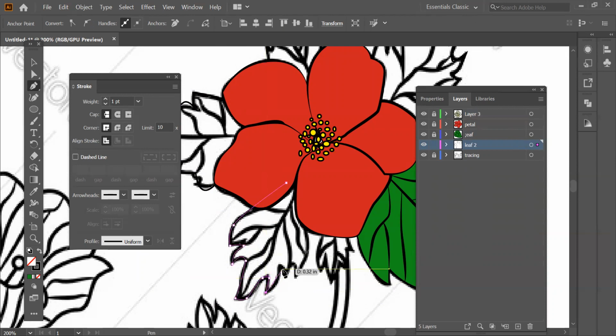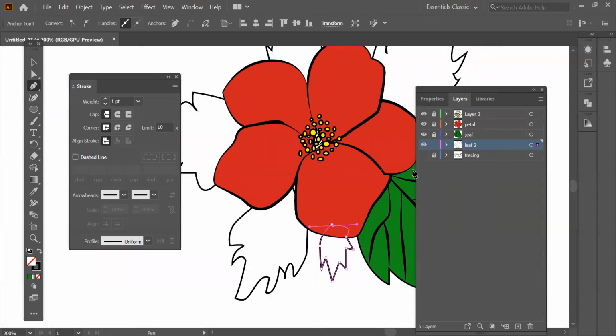Now see what we are doing, we're just drawing the main shape over here, okay, nothing else. Let's do this one as well. Okay, now eye of the tracing paper.